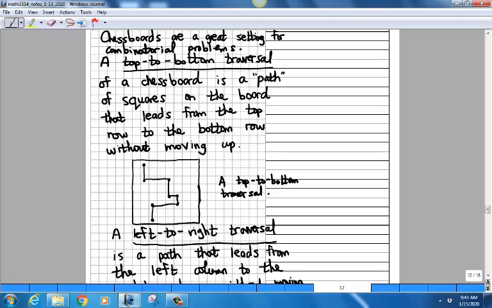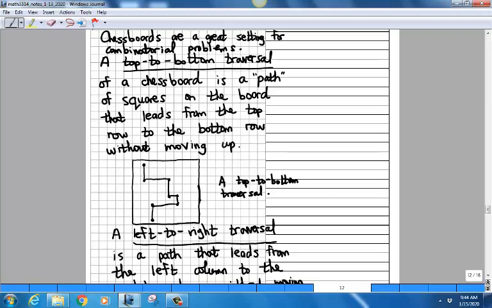So here's an example of a top to bottom traversal. We go through these squares. Now we can go to the left or right as much as we like, but we cannot go back up once we've started in a traversal. So here we just go there, then we move over, then we go down some, then move over, then down a little bit. Now we can go back to the left, but you cannot go up. And then we just come down. So there's one example of a